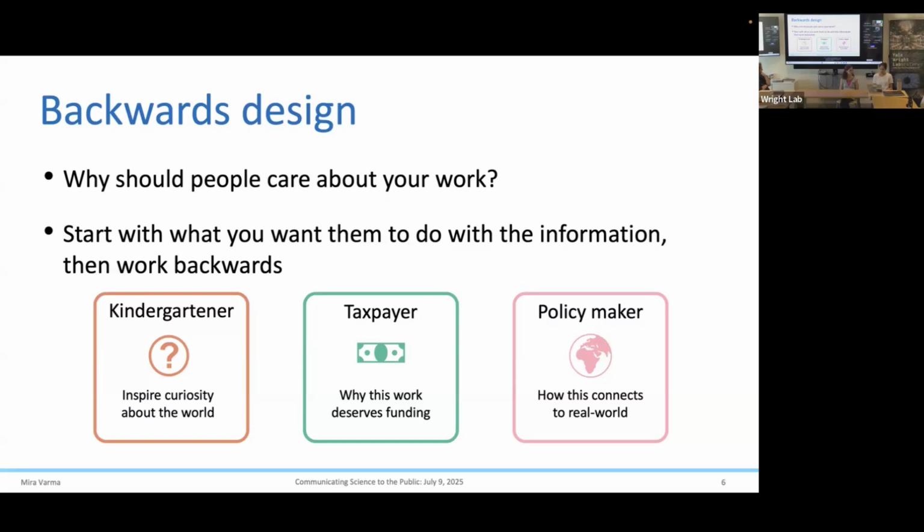But with a taxpayer, someone in the general public, they're usually more concerned about why their taxes are actually paying for all this physics research. So it's important to actually emphasize why this could be helpful in the future. And with policymakers, they're also concerned about how this connects to the real world, except with policymakers, they're typically more concerned with immediate successes that translate to the real world as opposed to stuff that could help us in many, many years.